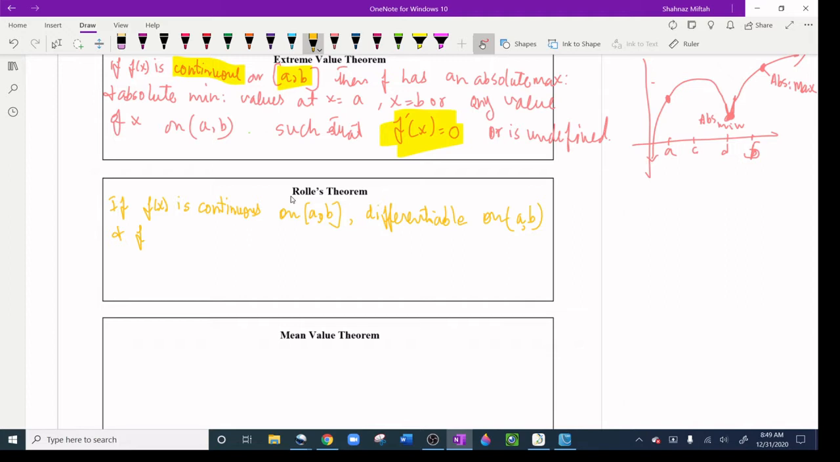Absolute maximum and absolute minimum, that's another condition. And then over here, Rolle's theorem is continuous, it has to be differentiable, 2 conditions. And the third condition is f of A is supposed to be equal to f of B. Like when you plug in this A and B in the original function, then the y value is supposed to be the same. Then we say, then there is at least